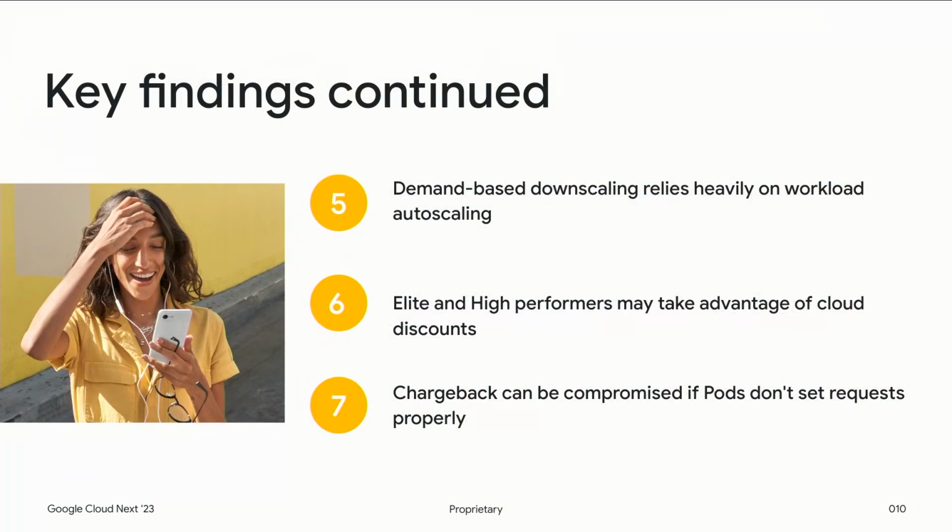When we look at the fifth one, it's all about demand-based downscaling. I mentioned it's a metric, but what about the impact of it? We want it to be automated. We don't want to be involved as part of this downscaling mechanism. So we need to use constructs that are available to us within Kubernetes. Horizontal pod autoscaler, which helps us go wider, is one mechanism to elastically grow as well as shrink without us